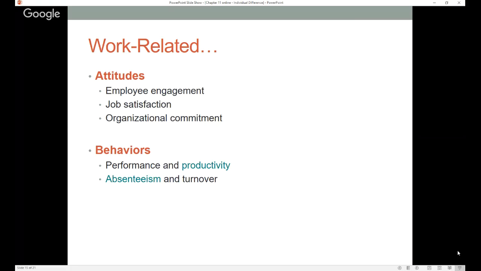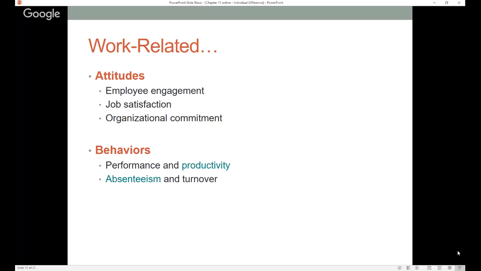Now, remember, all these things are things that companies battle with, deal with. How do I get my employees to be more engaged? How do I get my employees to be more satisfied and happy at work so that they are more productive at work as well? How do I keep my employees? Right? How do I prevent people from taking too many sick days? If these are the questions that you're interested in, think about management as a major, because that means you want to know more about these